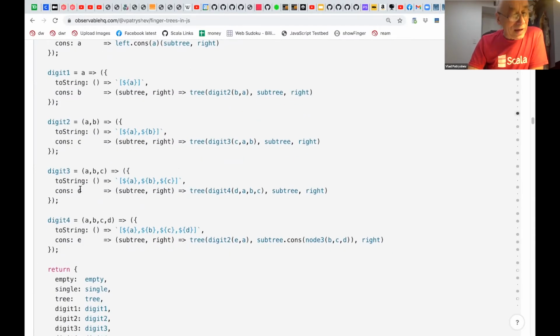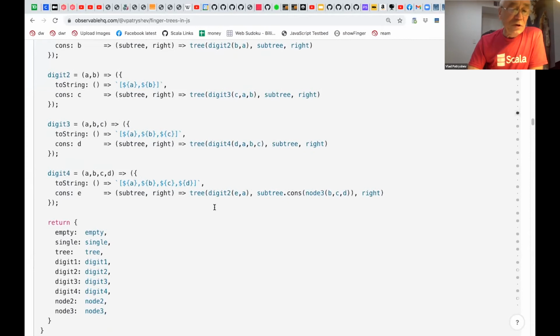Digit three, we add one more value, D: A, B, C, and then we produce a D on top. So digit four is trickier because we have four, we cannot have five. So we pass an E, and what happens here? We already had A, B, C, D, right? So E is left with this A, the leftmost element of the previous tree, but the rest goes down into